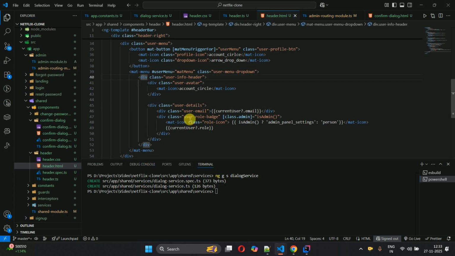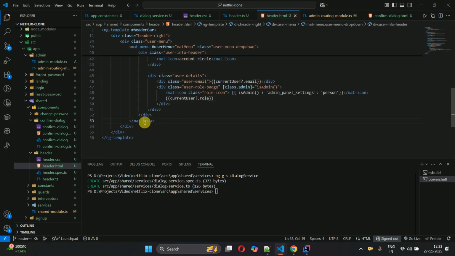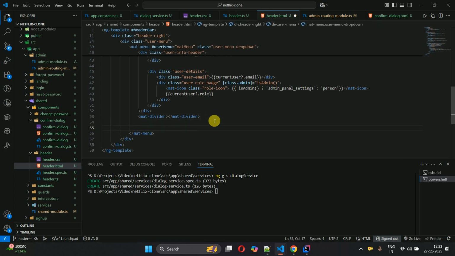and also the div related to this one will be closed. And after this, just above this mat-menu, we have to write a mat-divider, so just a line will be there. This is also part of Angular Material, and then we have to show a few buttons, like calling the logout, all those things. So let's write the code. So button mat-menu-item, then we have options to switch mode, right? So I'm just adding that